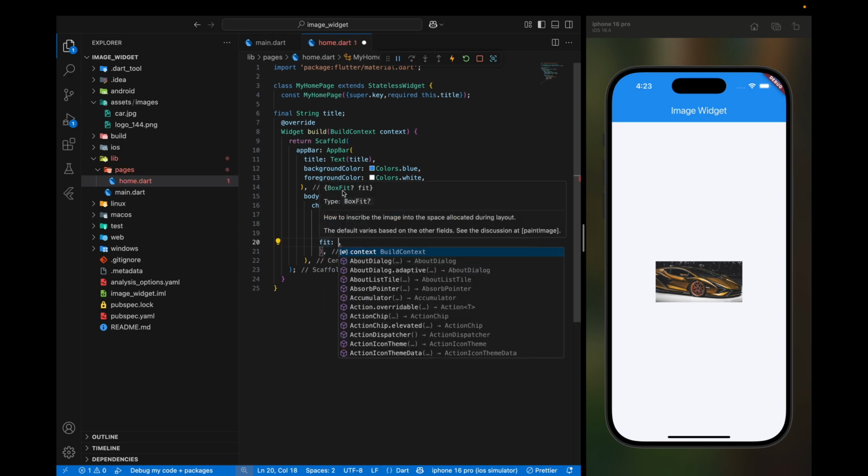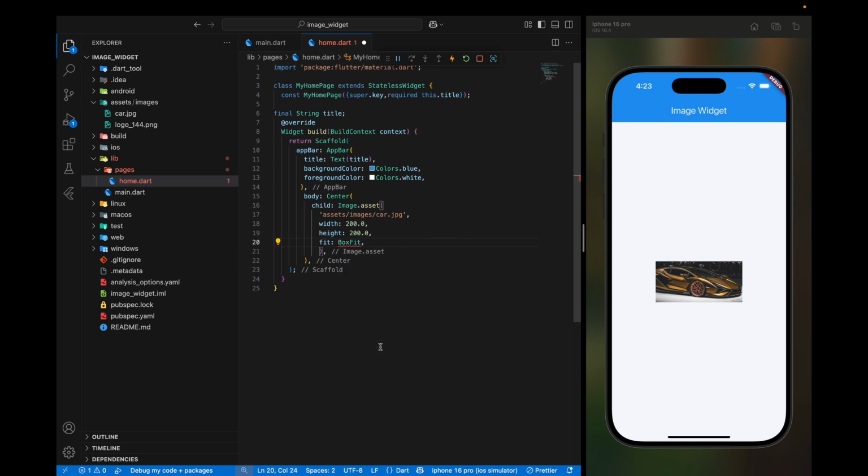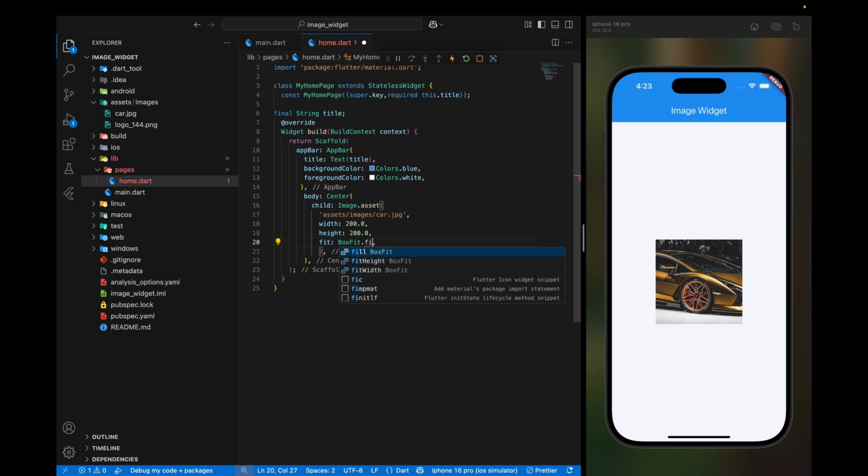take a class of BoxFit, and this BoxFit, it's also an enum. The default value is contain, but you can also use cover, fill, fitHeight, fitWidth, none, or scaleDown. Let's use the cover. Save. As you can see, only a portion of this image will be displayed. If you use the fill, this image will be constrained,